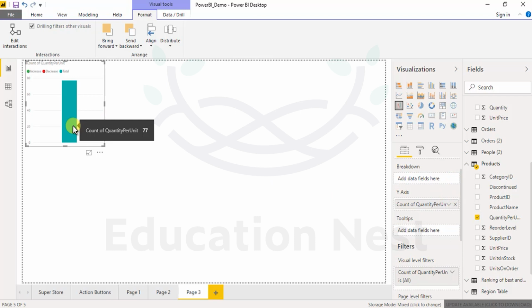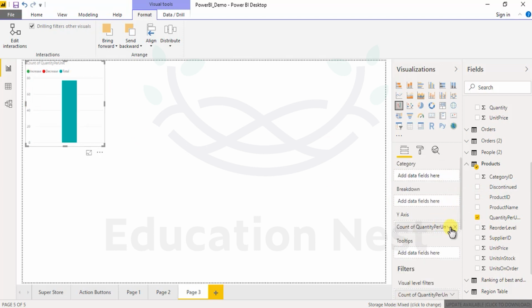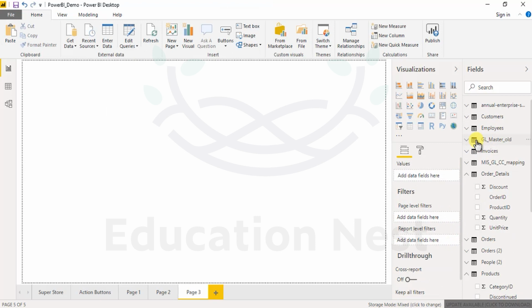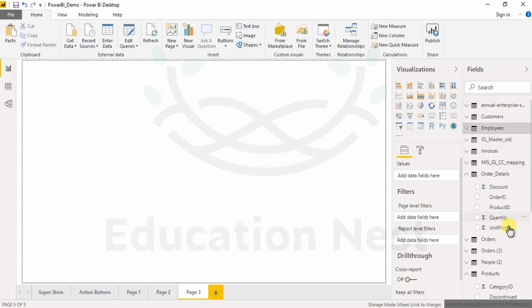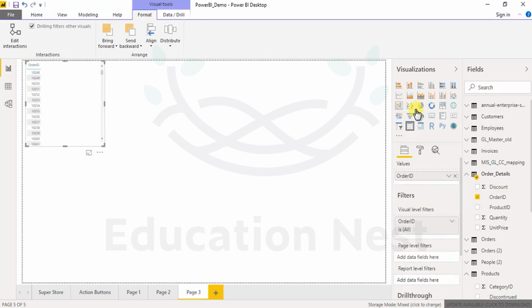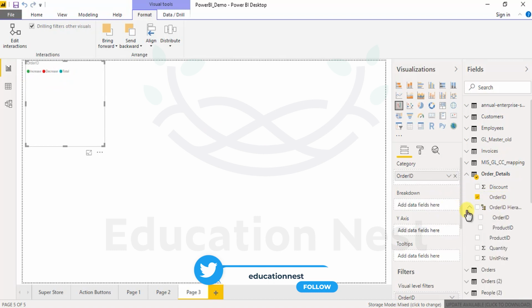If I say the count of quantity per product is 77. If I say reorder level, no, I'm not finding that relationship over here. Let's see something of employees and let's see the order ID. If I have to make a waterfall with increase, decrease or total, order ID and breakdown by quantity,